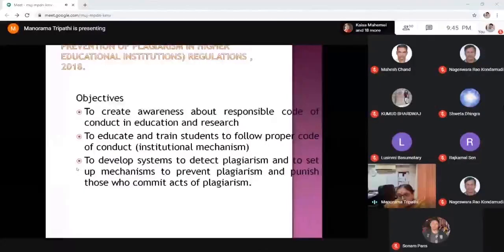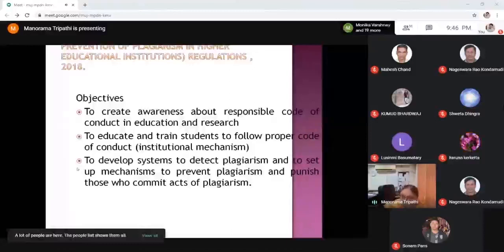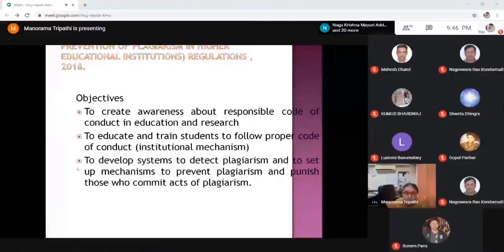Why are we emphasizing on ethics of the field? So institutional mechanism means that is why we are conducting such workshops and orientation programs, because it is mandatory for the higher educational institutions to impart training, to educate students on the various aspects of academic integrity, ethics, and so on and so forth.